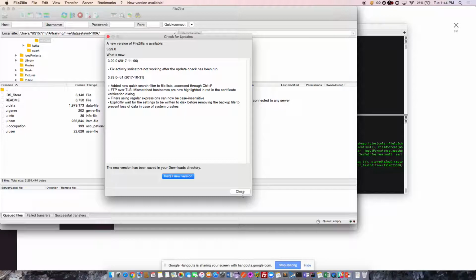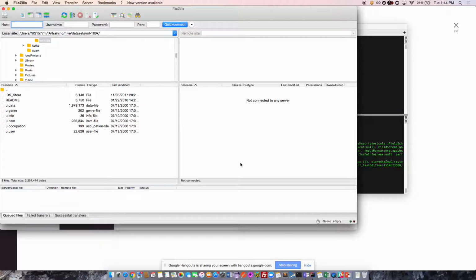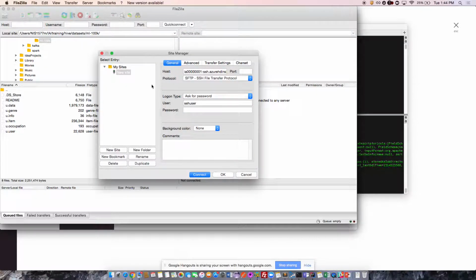Yeah. So let's connect to this cluster. For people who are new to FileZilla, once you download it, click on this and click on your cluster here. I will be using 2. We can wait if you want to download it. Let's search for FileZilla and then you can download it. SSH user, and our password will be